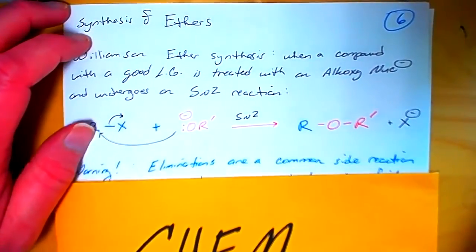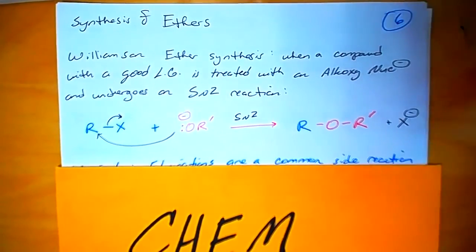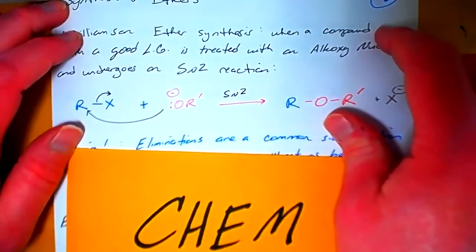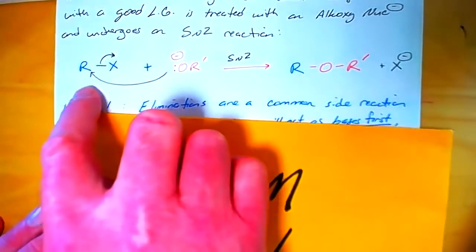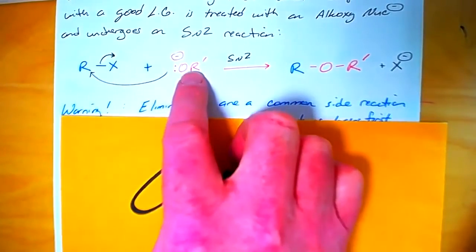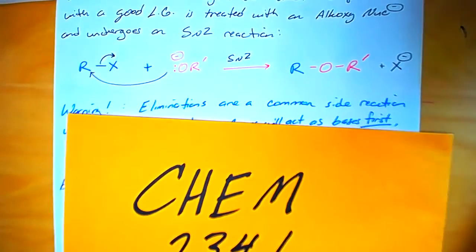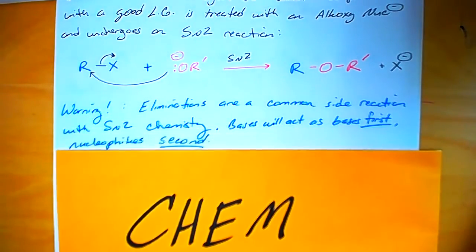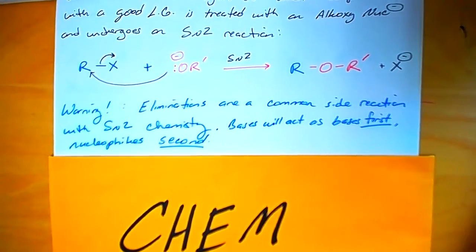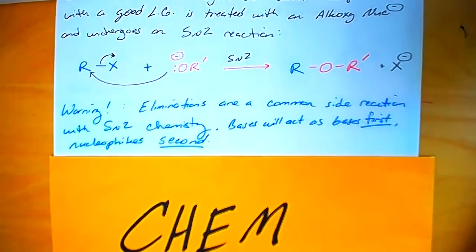So that is to say, if you have something like this, where you have your compound like an alkyl halide, you treat it with an alkoxide, and it undergoes an SN2 to give you an ether. The problem with this reaction, and this is an issue you need to recognize, is that SN2 reactions are prone to side reactions, particularly with bases, and that they will undergo E2 eliminations if that is a possibility,